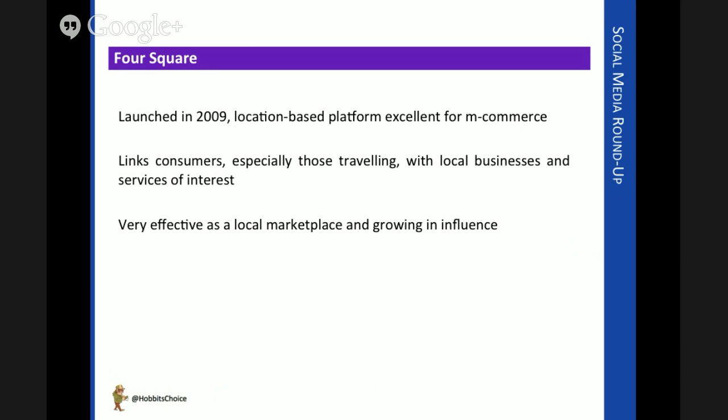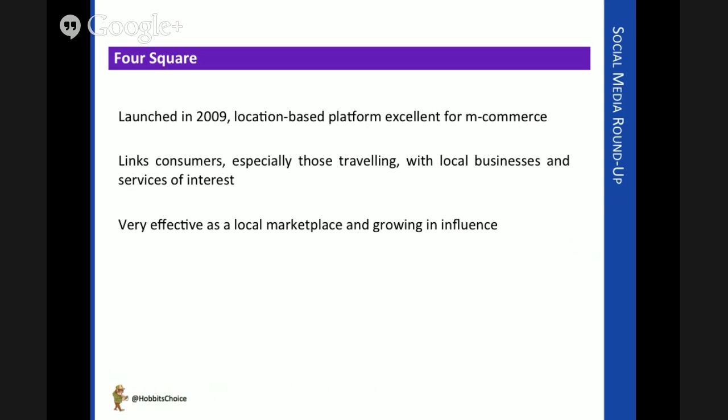Then there's Foursquare, a newer arrival, and it's only really beginning to take off along with the transition from using Web 2 via computers and tablets to more mobile devices like our smartphones. It's increasingly becoming the main location-based platform for m-commerce. It works really well as a good local marketplace. I came across Foursquare traveling a lot.